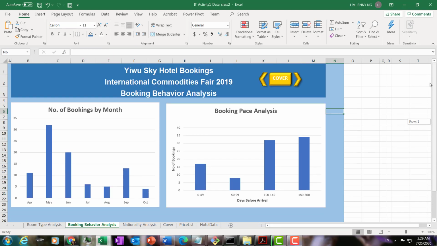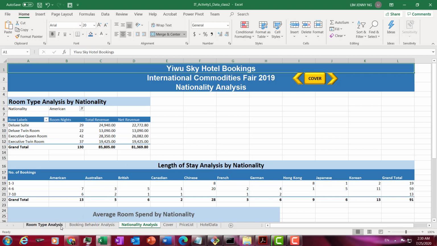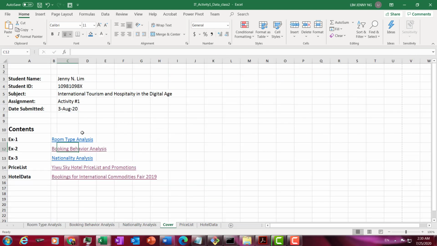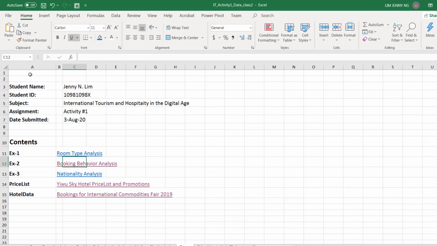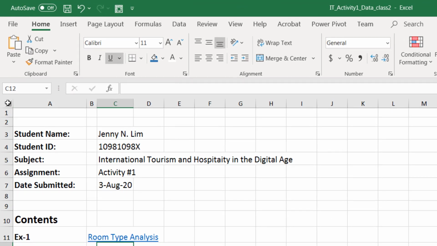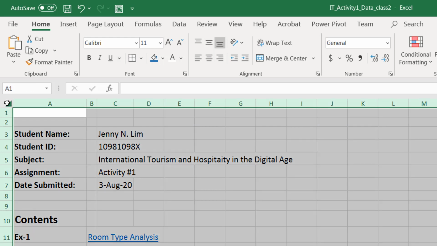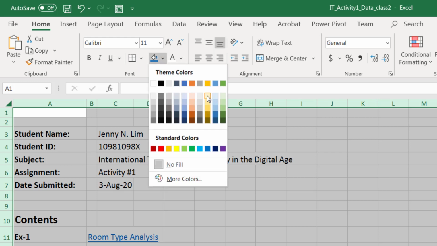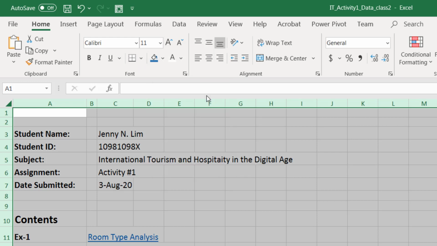So that's it for the booking behavior analysis, and now I leave you to do the buttons on the other reports. And by the way, for the cover, how to make that block solid color behind it, I click this cell here. This is a special, I click this button here. It's to the left of A and above 1, so I click it. This will select all the cells in this worksheet, and then I just put the color I like. Now I'm just going to use this light yellow one there,